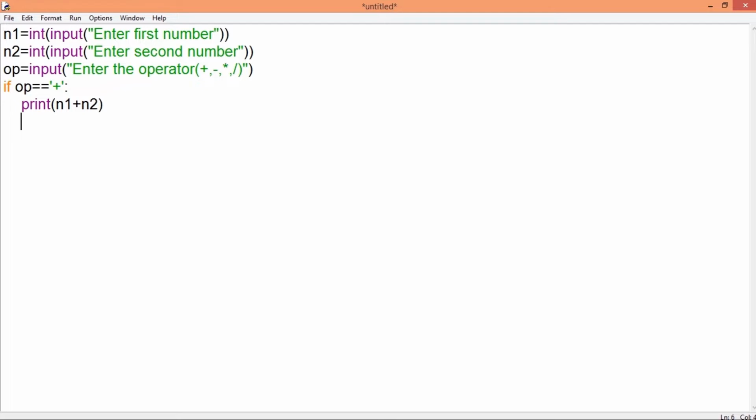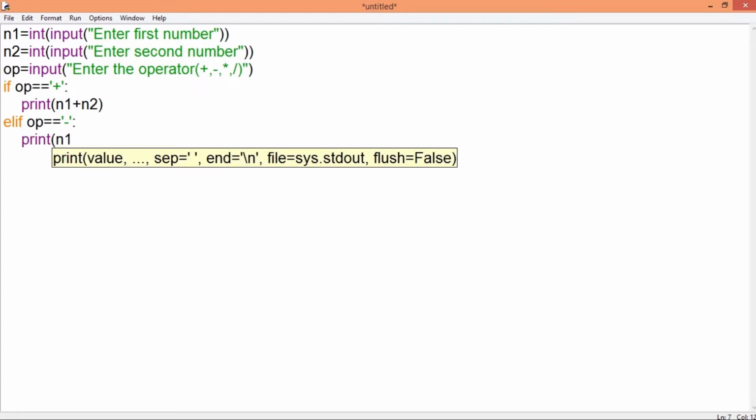If this condition is false, that means if user enters a minus symbol, then I will write the condition using elif op equal to minus symbol, and I'll print n1 minus n2.